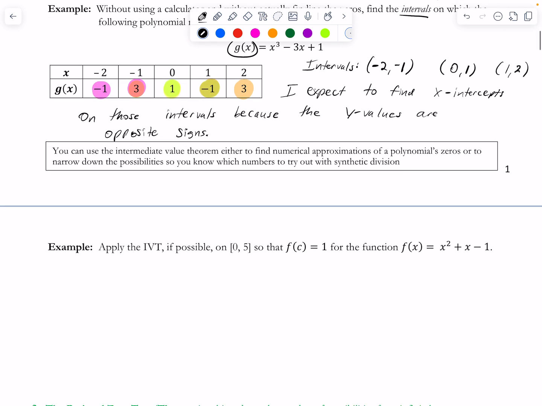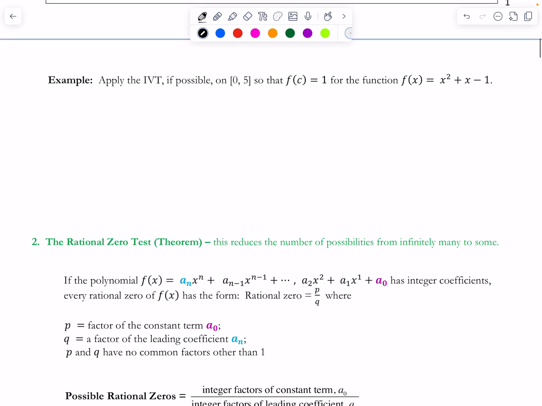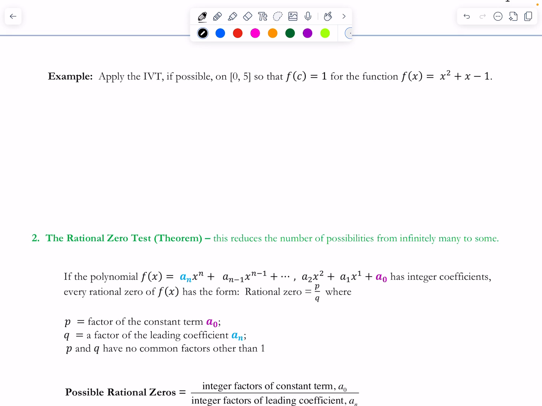Okay, let's do the same type of thing on this example here, but instead of figuring out where you're going to have values that are x-intercepts, now they're saying, is there a value for c, which is another letter to use for x? Is there a number we could plug into this function that's going to spit out 1 on this